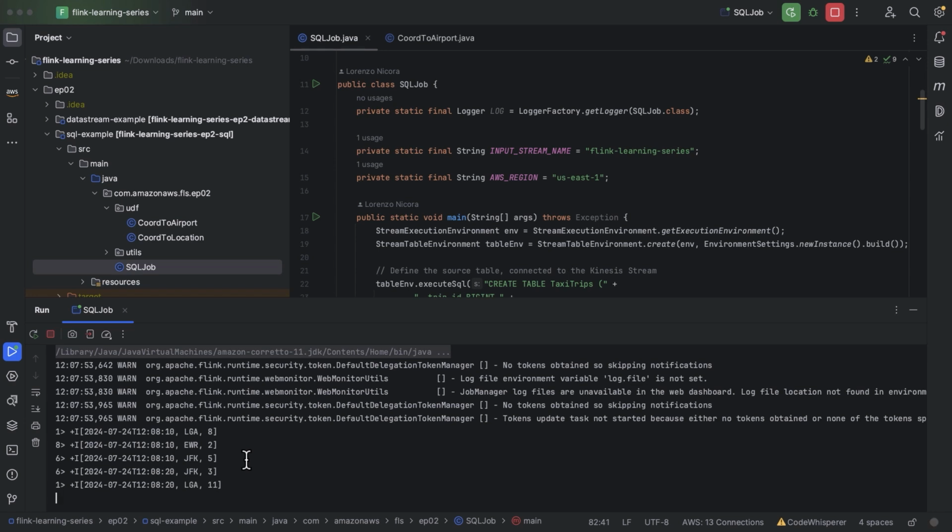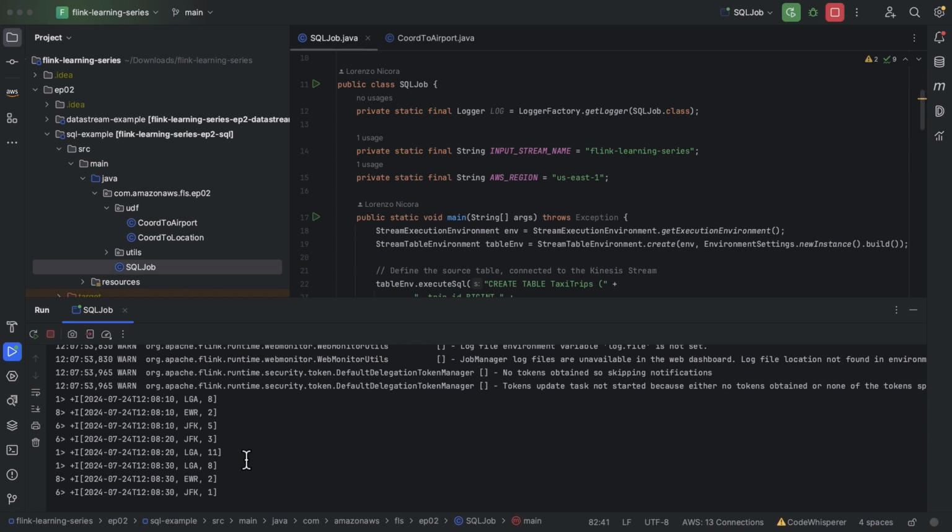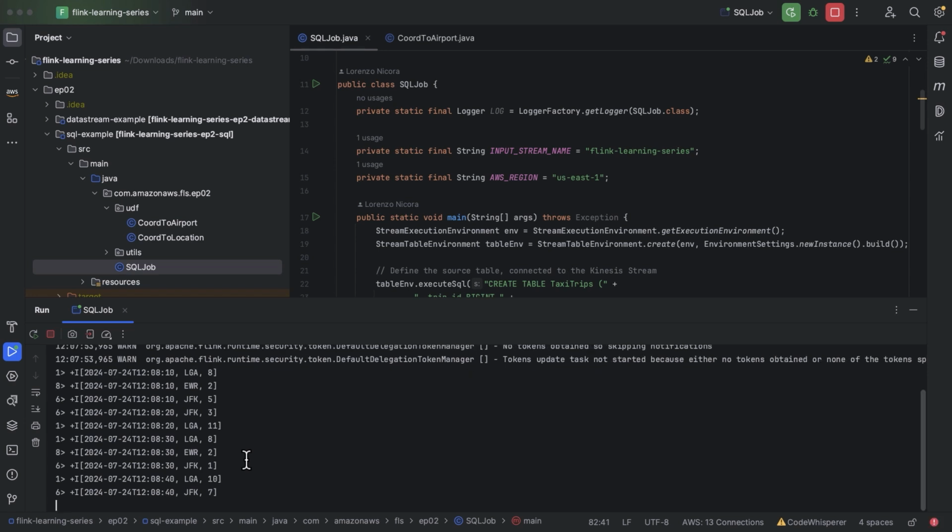Well, same as when we submit a query to a database and the query planner builds the graph of the processing logic, Flink SQL does the same: with the SQL code, it builds the application graph.